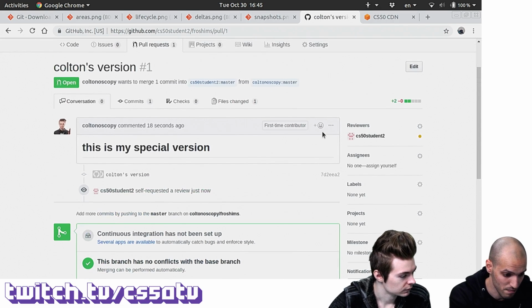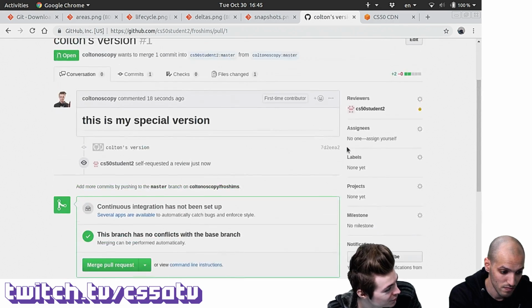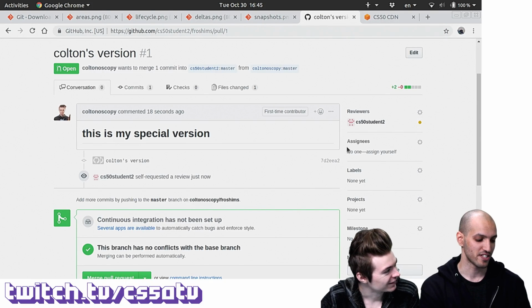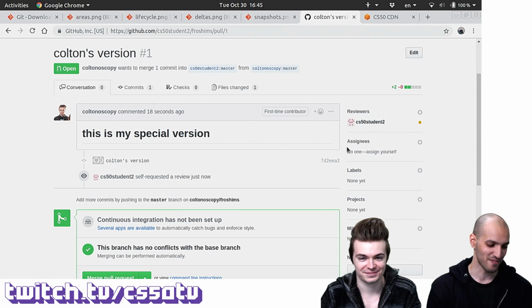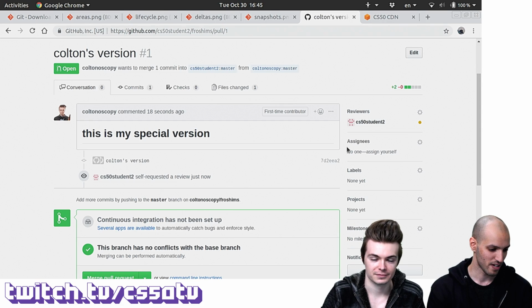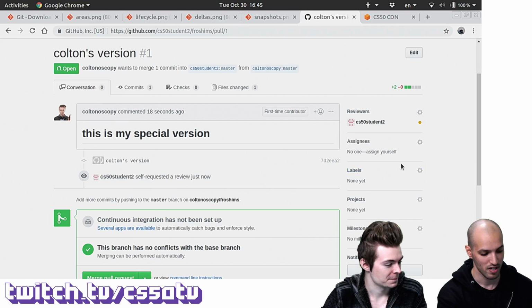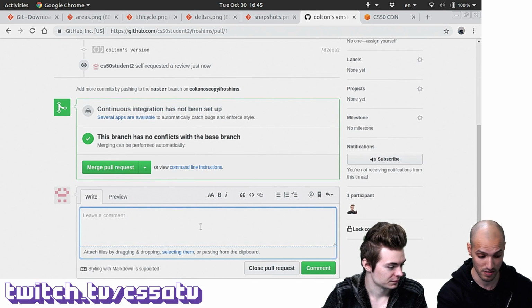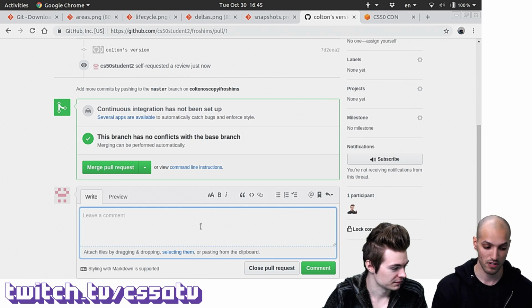So these are some neat features. You can add continuous integration, which we might talk about next week. We might talk about continuous integration and deployment soon. Maybe, yeah, that would also be neat. Okay, so I can also comment on the pull request. This had nothing to do with the code whatsoever.